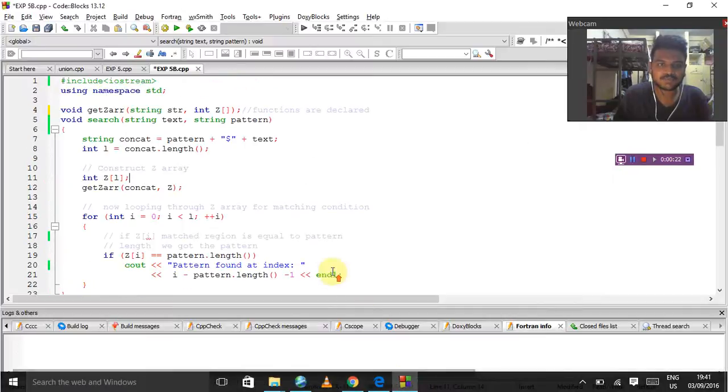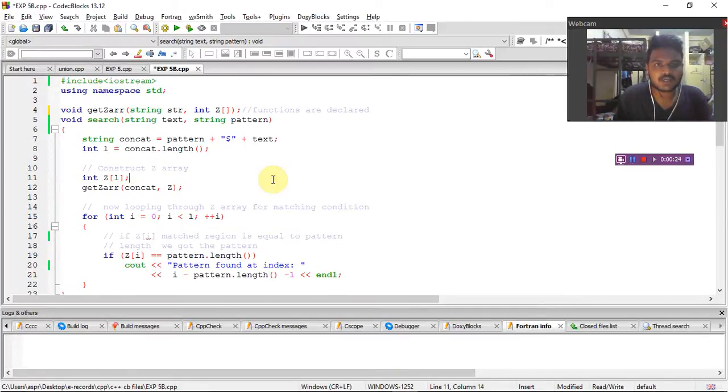While going into the program, this is the program. The basic header file and standard library files are given. Here I declare two functions, namely void getZarray and void search. Void getZarray helps us in creating space for the text to be entered by the user, and all the text entered by the user will be in the Z array. And the void search helps us in finding the pattern in the text.